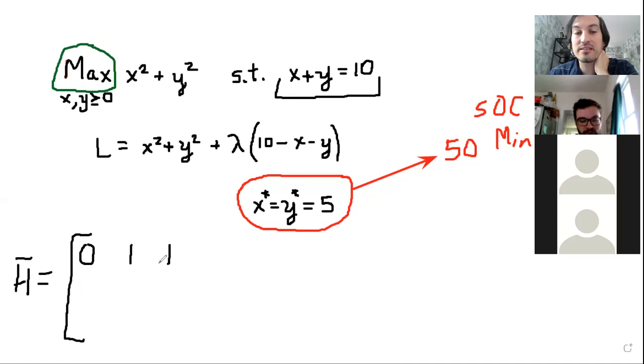It's 1. So the row is 0, 1, 1, because the partial derivative with respect to x is 1. The partial derivative with respect to y is also 1. I'm going to close this matrix here. And going down the first column, those are also 1s. This is a symmetric matrix, by the way, so it'll always be symmetric. What goes here is the second derivative of,